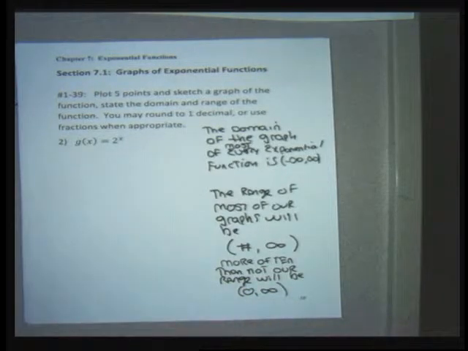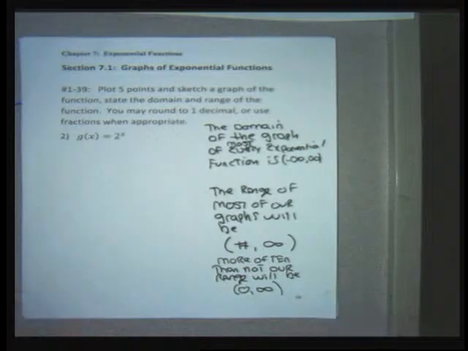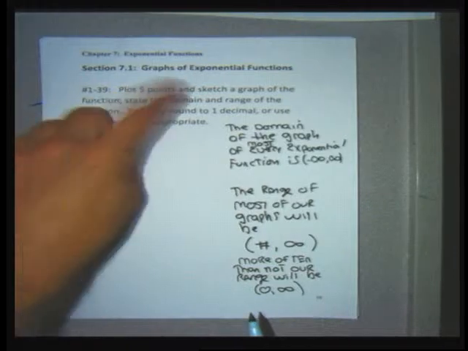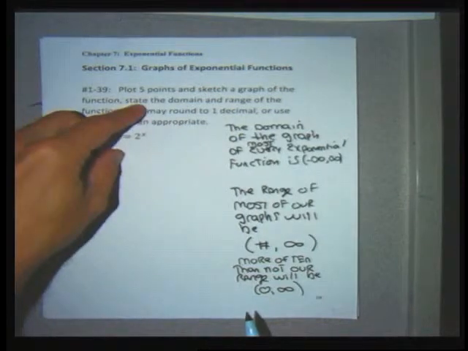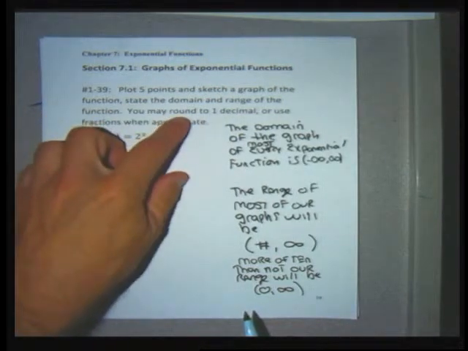So for the first graph, I'm going to get my y's by hand and by my calculator. Maybe for the second graph, I'll get the y's by hand and by my calculator. And then eventually, I'm just going to use my calculator to get the y's, because it's tedious to do by hand, and it's not particularly hard. So I'm going to plot 5 points, sketch a graph, state the domain and the range,